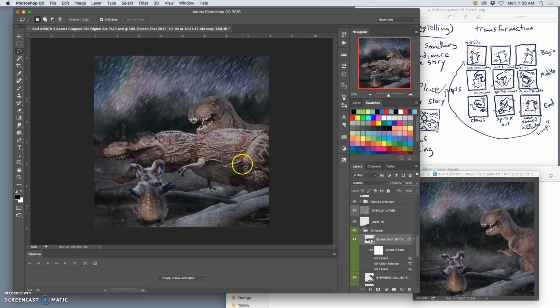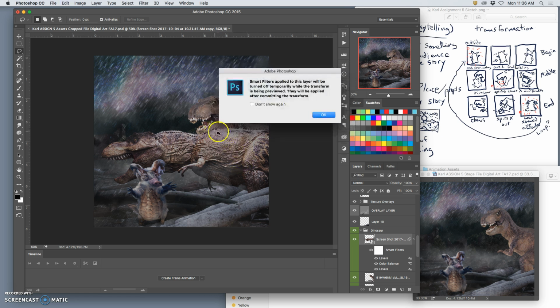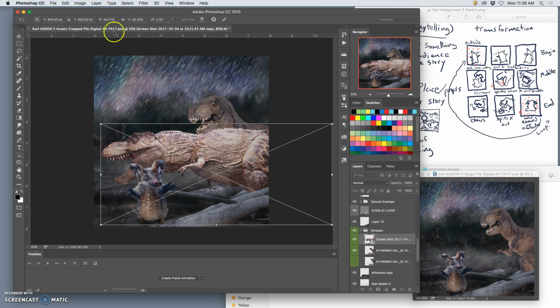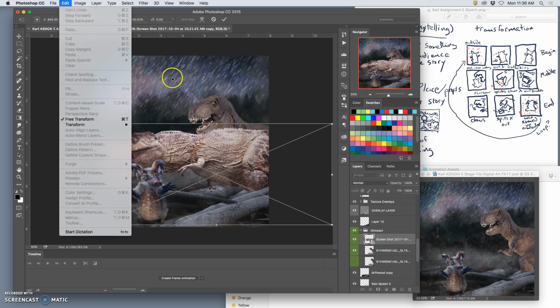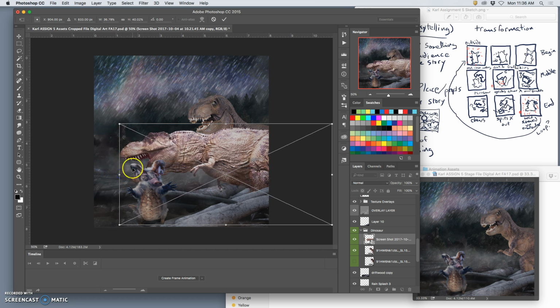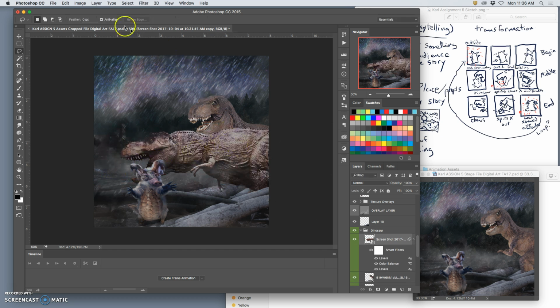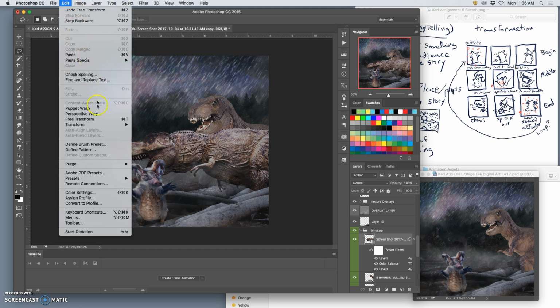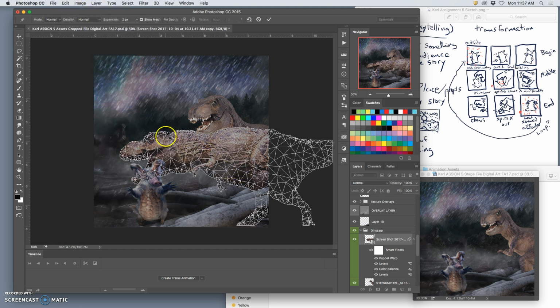So that's all good. Now I can puppet warp him. Let's shrink him back a little. It's too long. And now I can say edit puppet warp, and because it's a smart object, it will remember